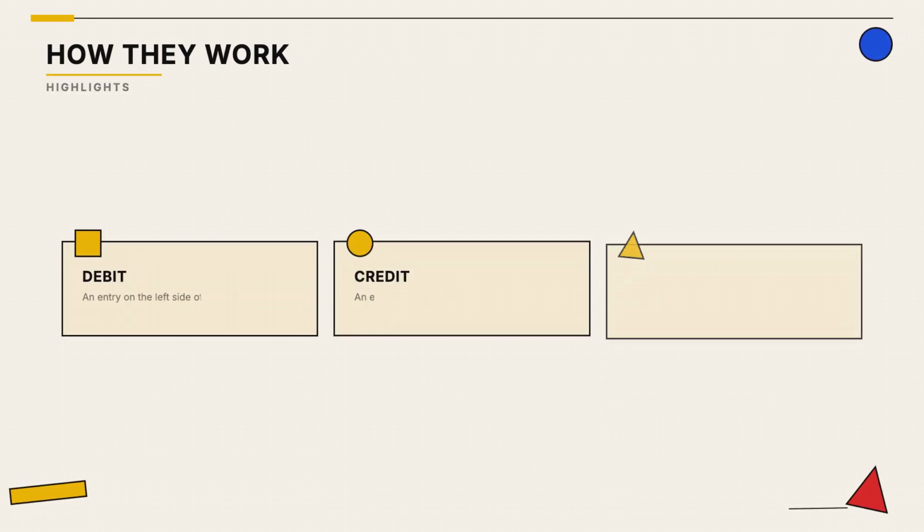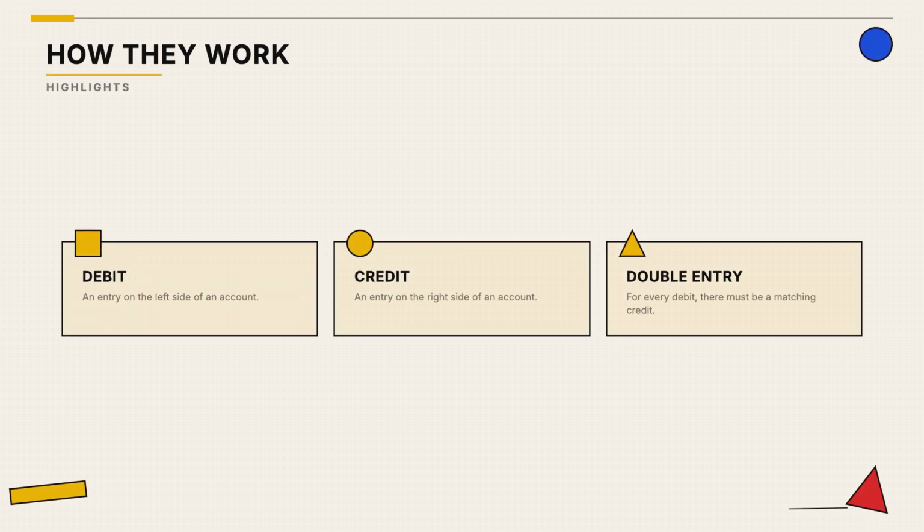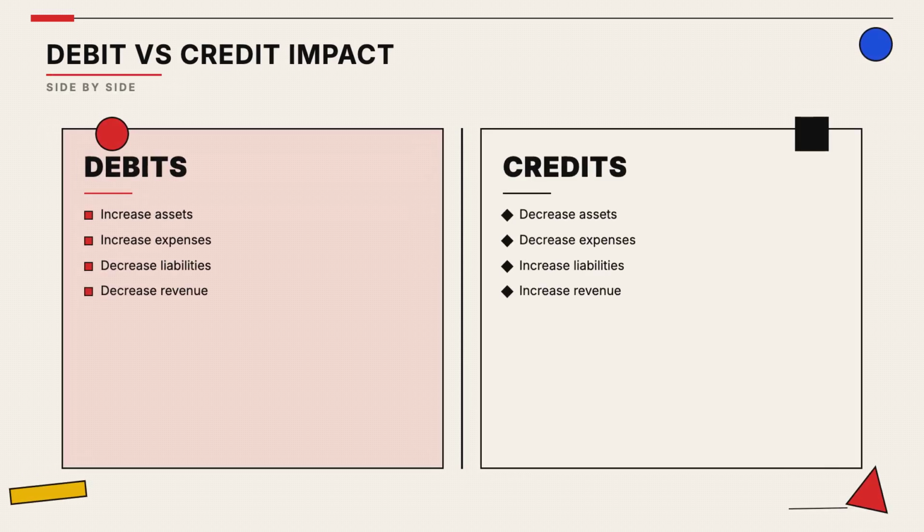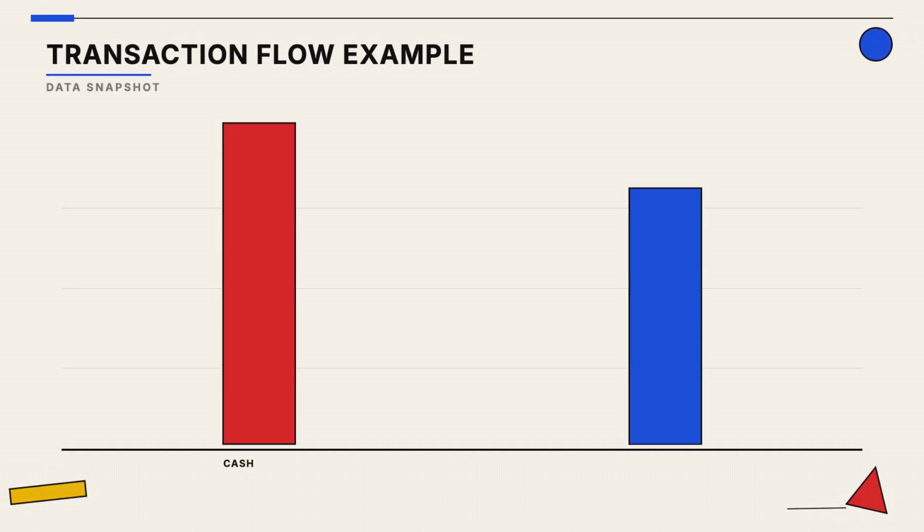A debit is simply an entry on the left side of an account ledger, while a credit is an entry on the right side. Whether a debit increases or decreases a balance depends on the type of account you are tracking. If a business receives cash for a sale, they debit the cash asset account and credit the revenue account